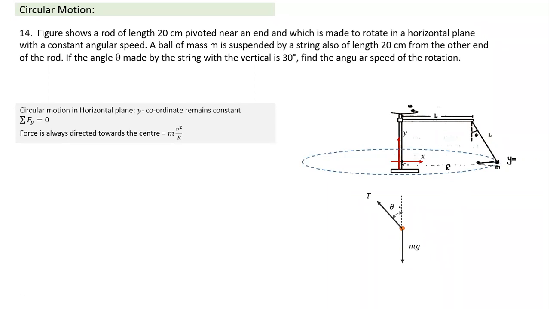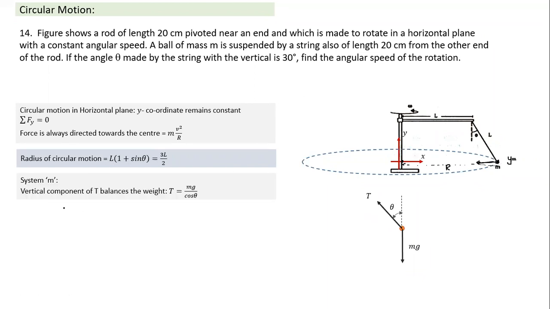Exactly the same as the previous question. And what is this angle theta? The free body diagram is identical to the previous question. So what is the centripetal force? T will become equal to mg by cos theta, and the centripetal force will become equal to mg tan theta, which is equal to mv square by r. The only thing is the radius of circular motion, which will be the radius in this particular case. The vertical component will balance, and for the centripetal force the equation again comes to this.